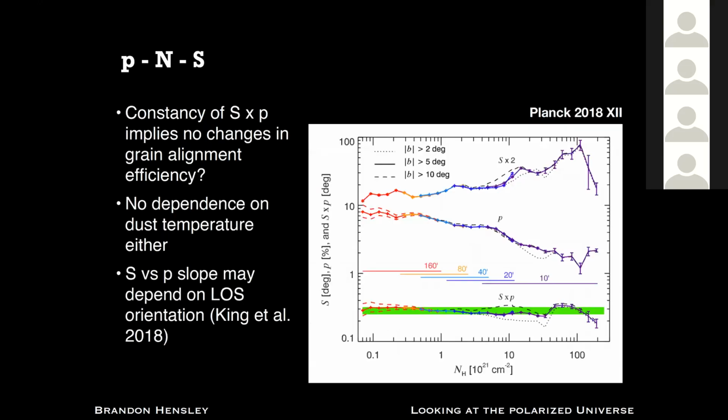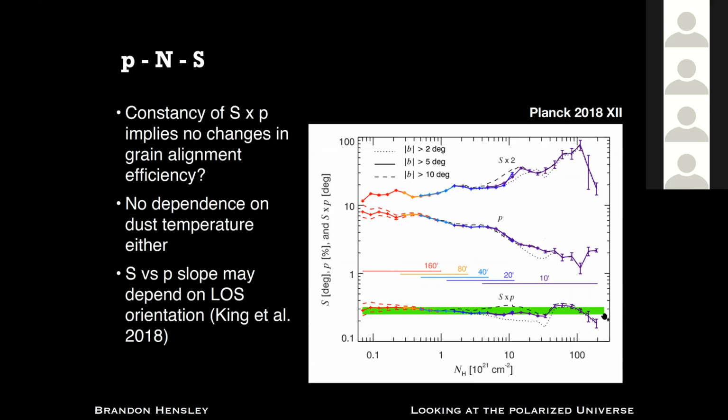This has also been looked at in the diffuse medium, but also getting up to fairly high column densities in this Planck paper, where indeed they find this decline of the polarization fraction with the column density. But what they argue is this is actually perfectly offset by the increase in the polarization angle dispersion with column density. And their argument here is actually because the product of S and P is so constant,